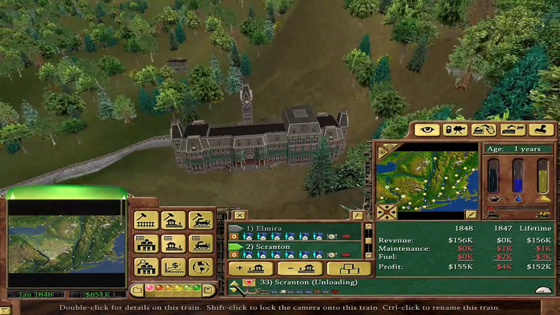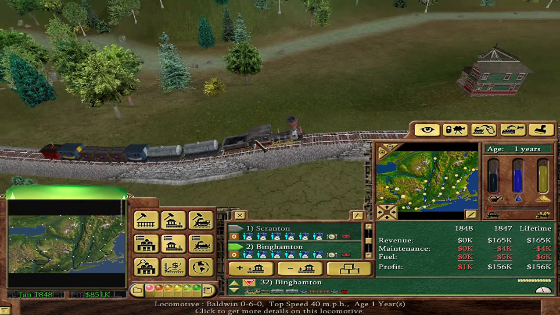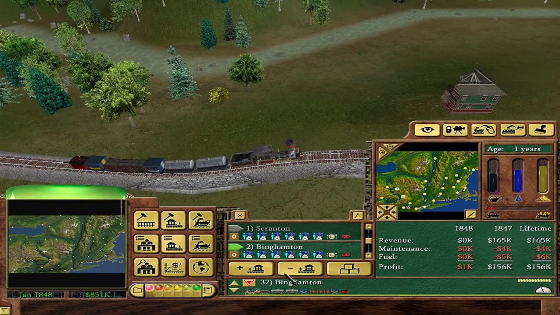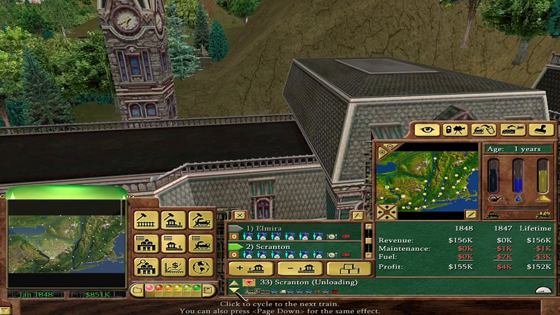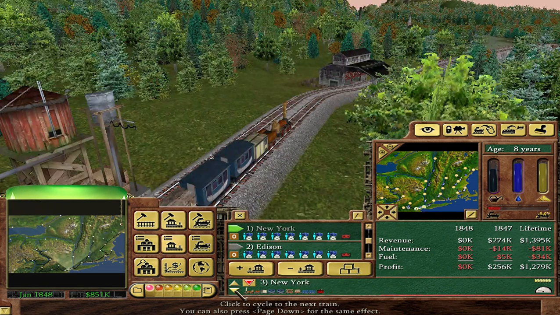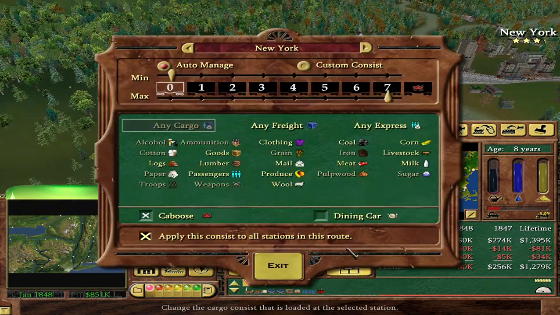It's quite a nice looking locomotive. I mean, it's classed as unappealing, and it is designed for freight, but I think it actually is a nice looking locomotive. And there are some unappealing locomotives in this game, so